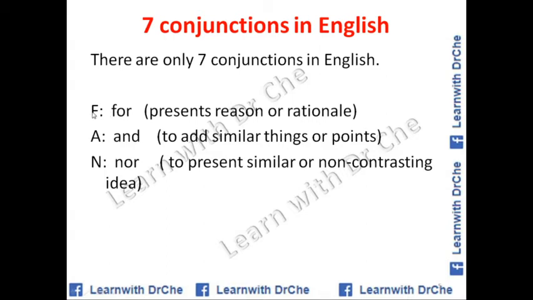Let's start with for. Fanboys. We use the word fanboys to remember them. F is for, the first conjunction is for, second is and, third is nor. For is used to present a reason or rationale. And is used to add similar things or points. Nor is used to present similar or non-contrasting ideas,